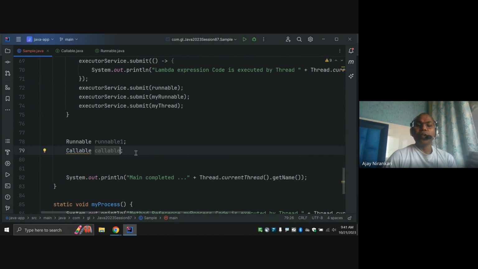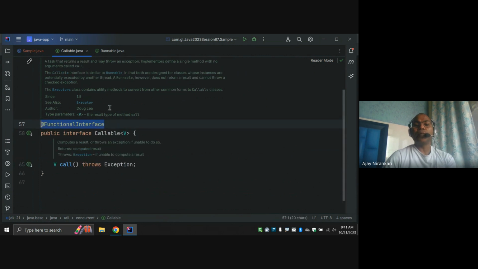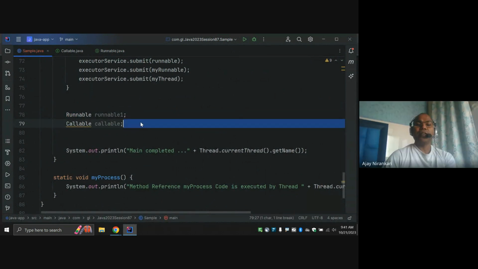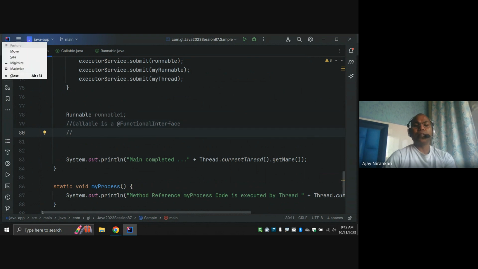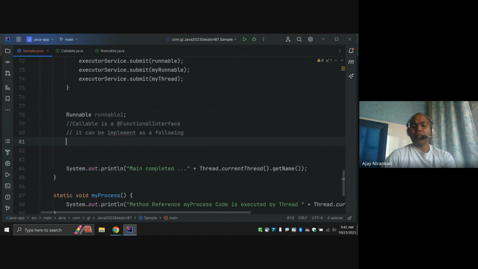As you know, this is a functional interface. A functional interface can be implemented in multiple ways. Callable is a functional interface, and it can be implemented as follows: as an implementation class,